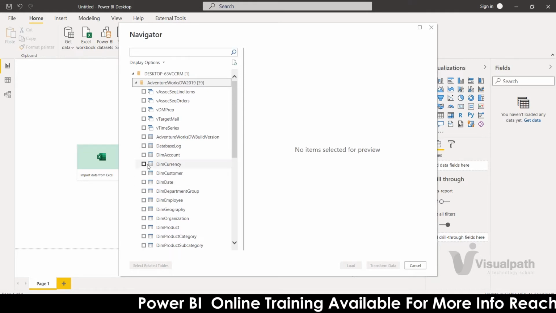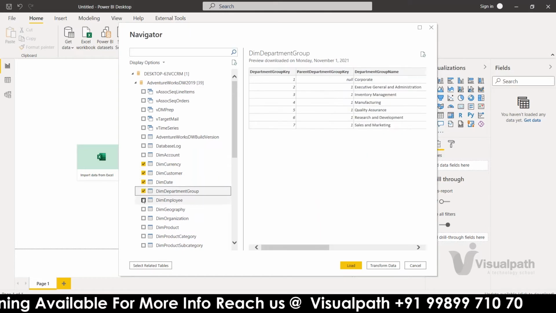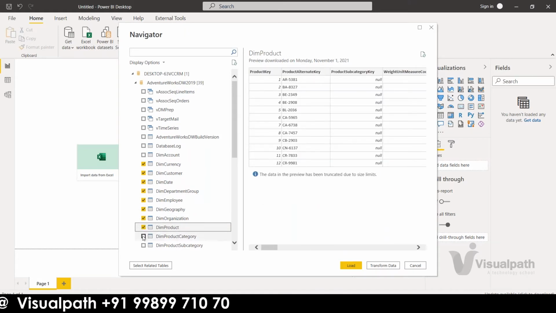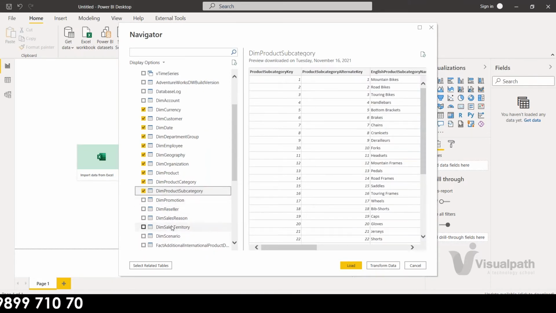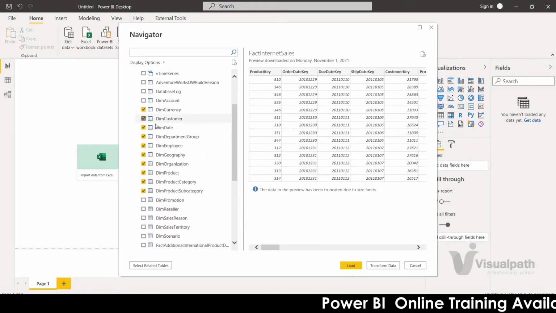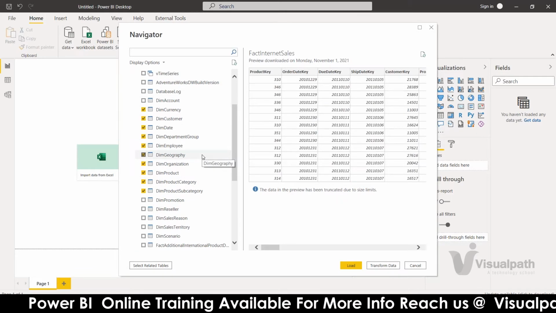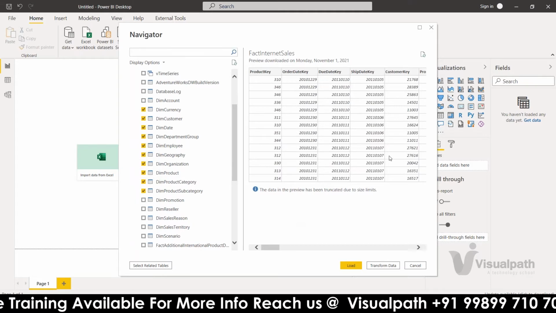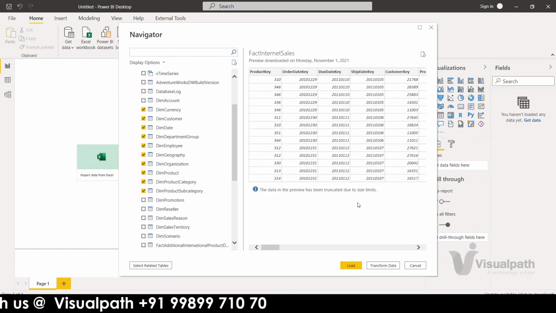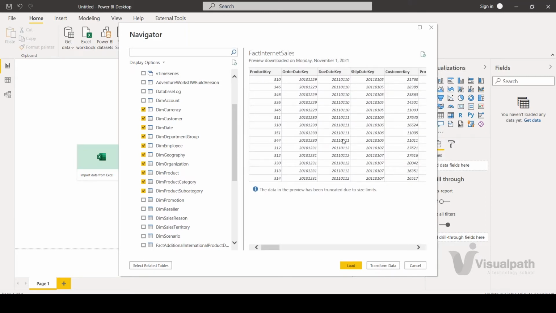Now you will select all the tables required for you to develop your project. Right. So now I have selected the tables required. I feel these tables are enough for me to develop my entire project. And now I can see the preview here: whatever table you select, that particular table will be displayed here. You can see all the example data which is available.